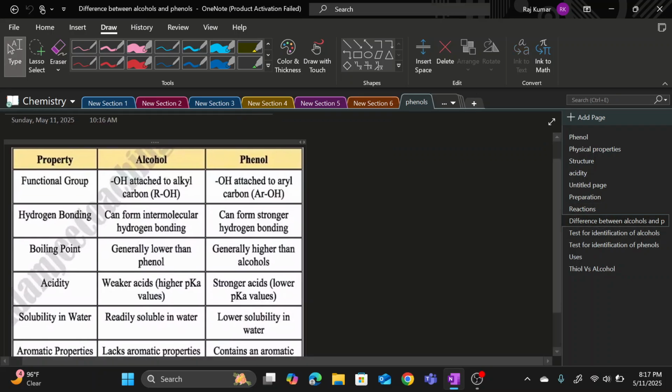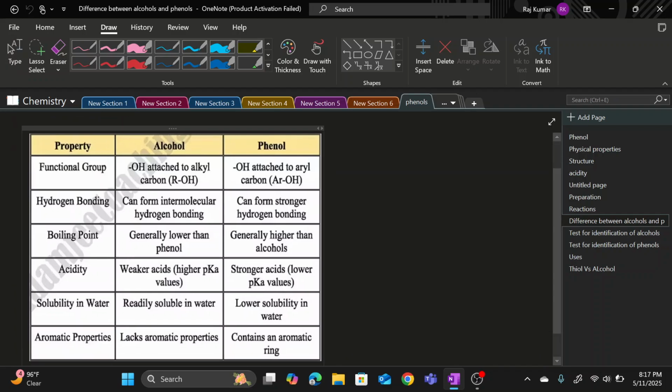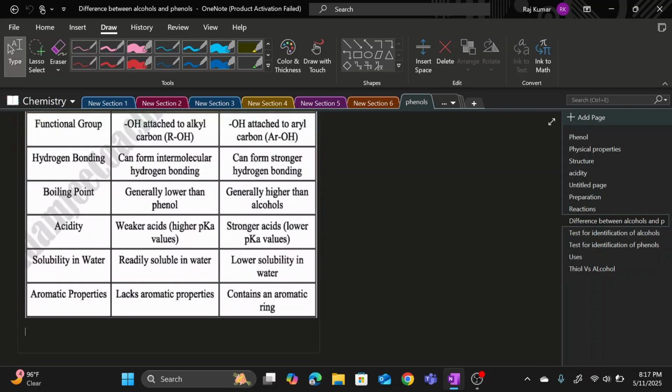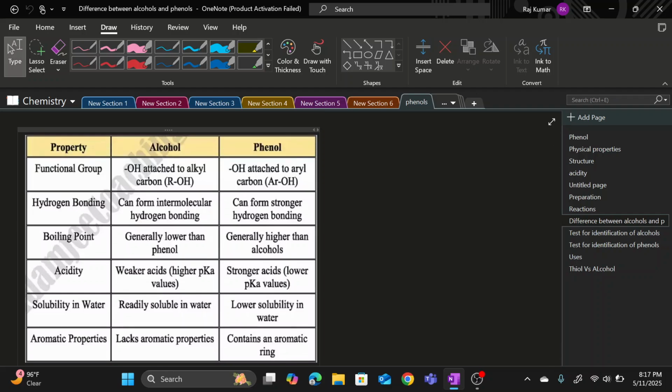Now let's move on to some basic things. We are going to understand the very basic difference between alcohol and phenol. Again, it's a summary of all we have discussed for the past few days. When it comes to functional group, both have a hydroxyl group, but in alcohol it is attached to an alkyl carbon, and in phenol it is attached to an aryl carbon. Hydrogen bonding, both have the capability to form hydrogen bonds, but phenol forms a stronger hydrogen bond as compared to alcohol, because of the increased